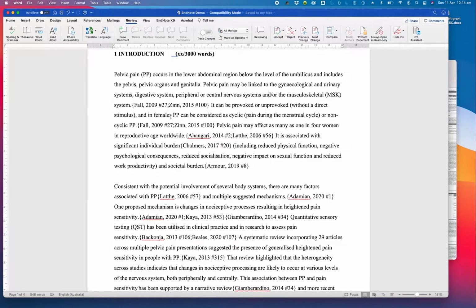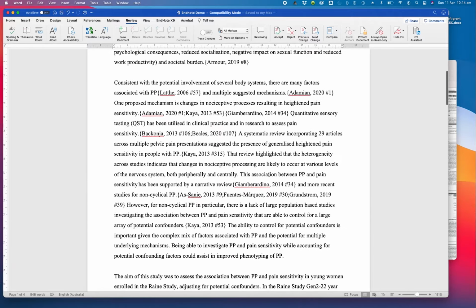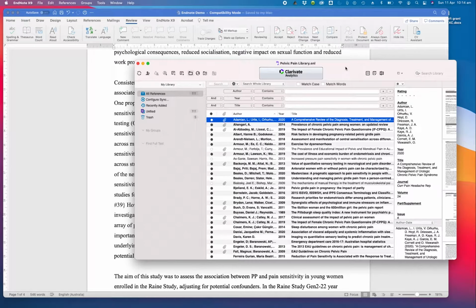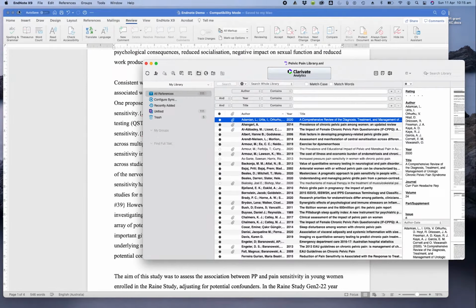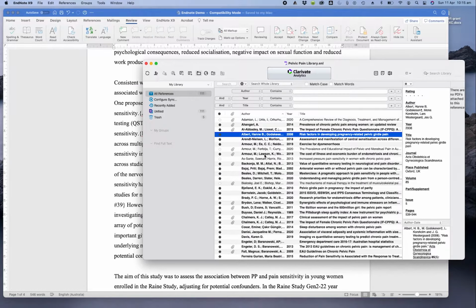So here I have a Word document I've been working on that I'm going to use as an example here. And I also have my EndNote library open. So I'm on a Mac computer. I'm using EndNote X9 and Microsoft Word. So my EndNote library has